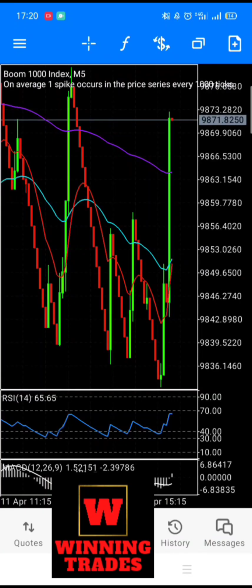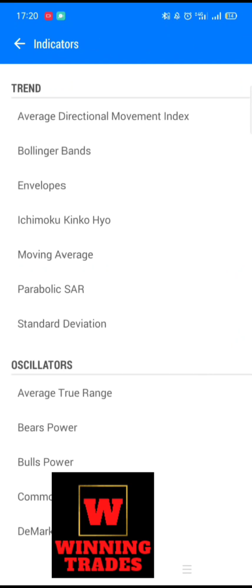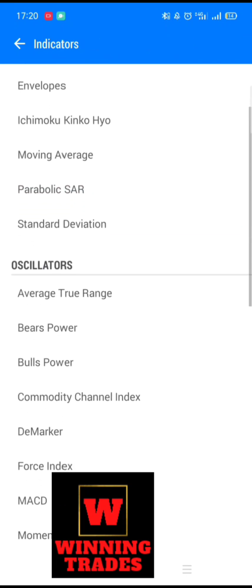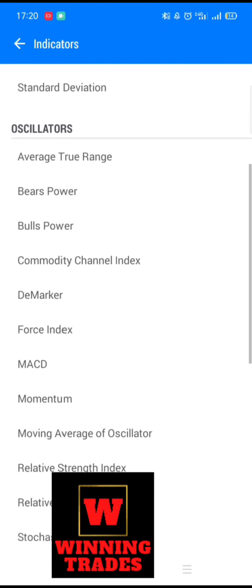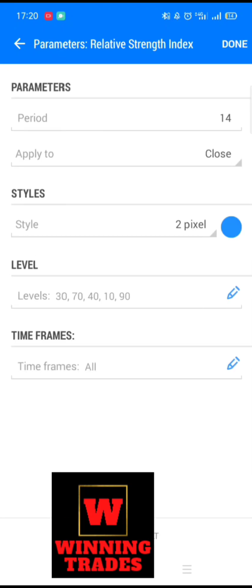Then for the RSI, that is the relative strength index, you click on the F tab again. Then you go to the indicator window 1, click on that F plus sign. You scroll down to oscillators. When you scroll down to oscillators, you're going to see relative strength index. You click on the relative strength index. Then this is where you set your period to 14,